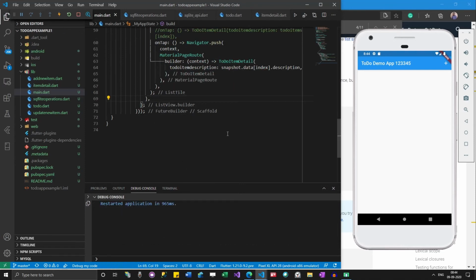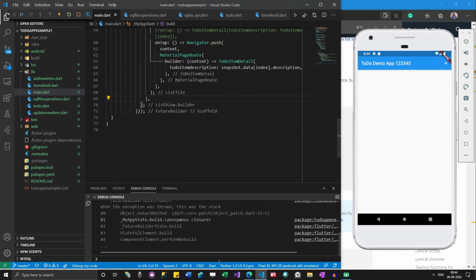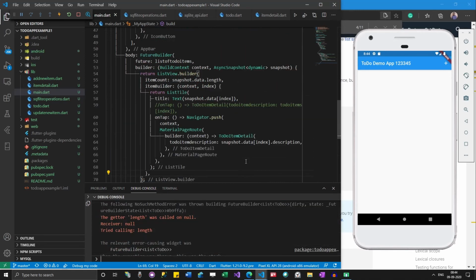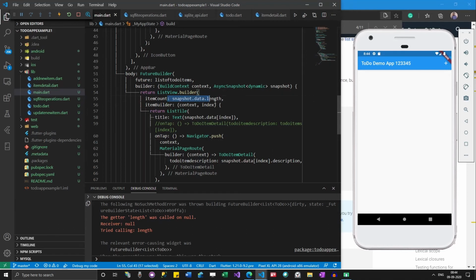Let me reload it. Okay, we have some errors. Let's see. Length was called on null. Okay, so this length.